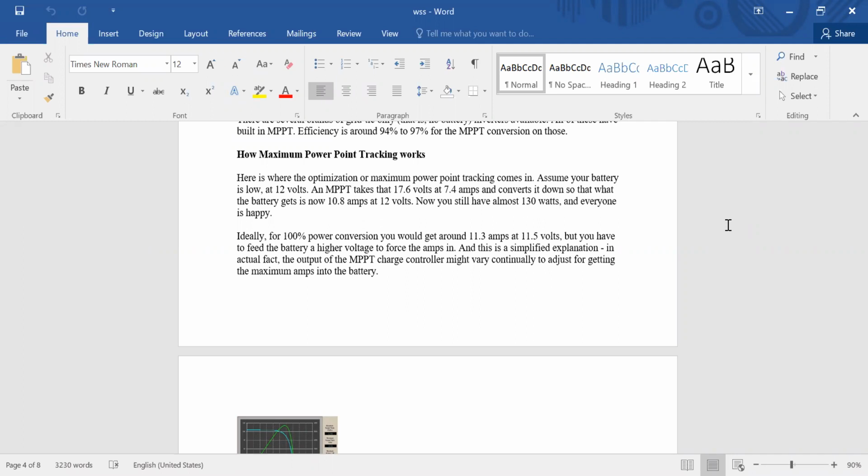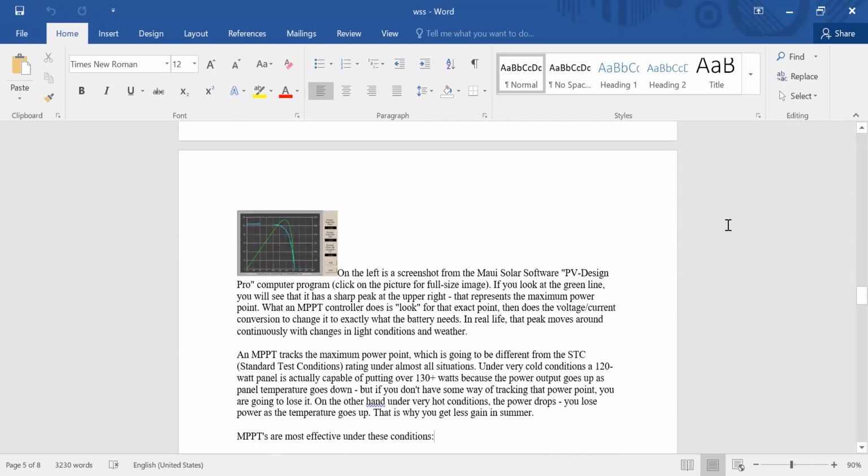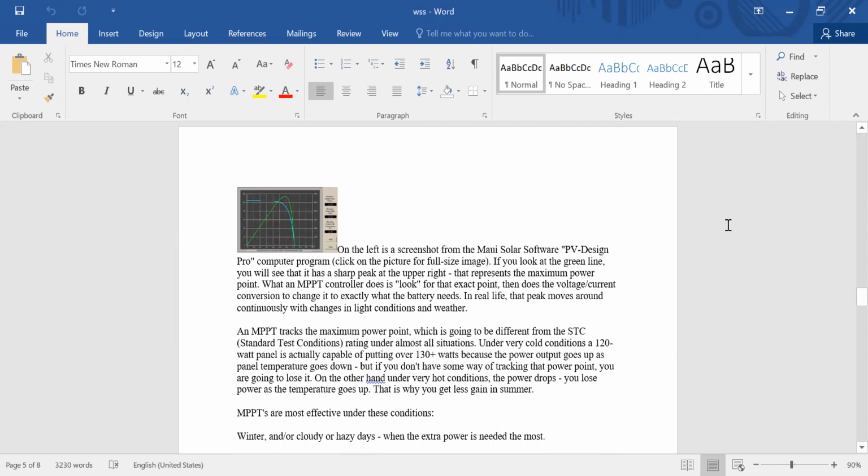This is a simplified explanation. In actual fact, the output of the maximum power point tracking charge controller might vary. Here we are looking at a solar photovoltaic design computer program.